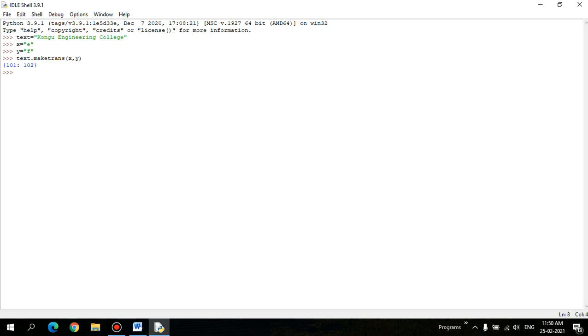Let's see the printable version of this function, right? Print of text dot, so it returns a table, right? It has to be stored. My table equal to text dot maketrans of x comma y, right?